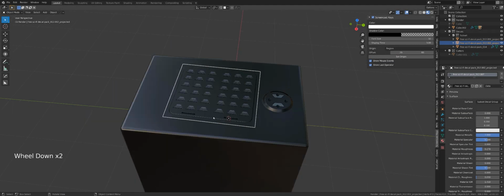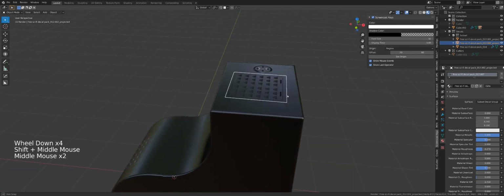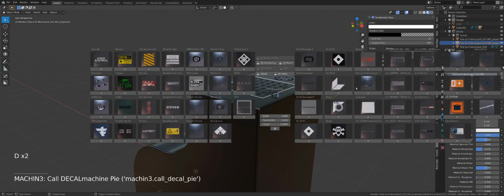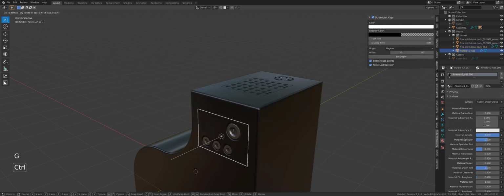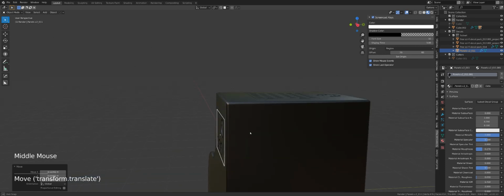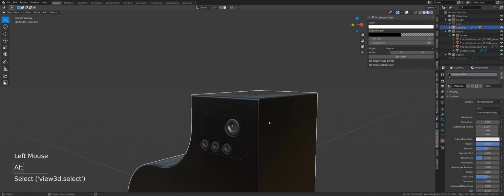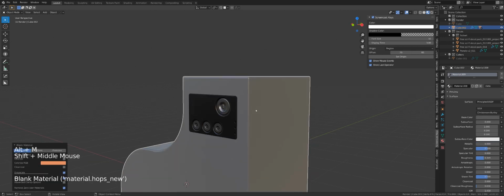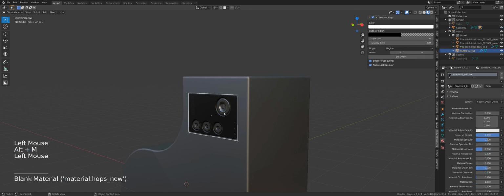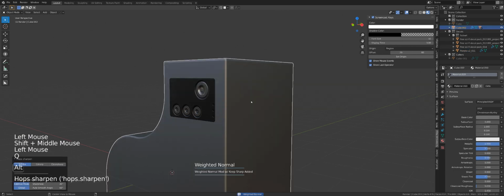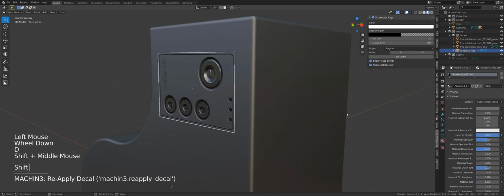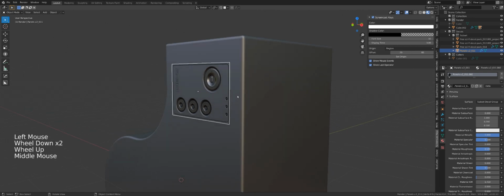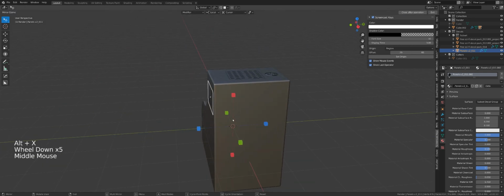What else can we do here? Let's say you want to have the decals on both sides of the geo, but they are not symmetrical. So for example this, let's maybe change color to something brighter because this is a little, wow, that's awful. That's better. Also this one has a little bit ugly shading, so maybe we can put some weighted normals. There we go. So I'm going to simply reapply it and change the color of the decal, the material, and then I'm going to use HardOps to